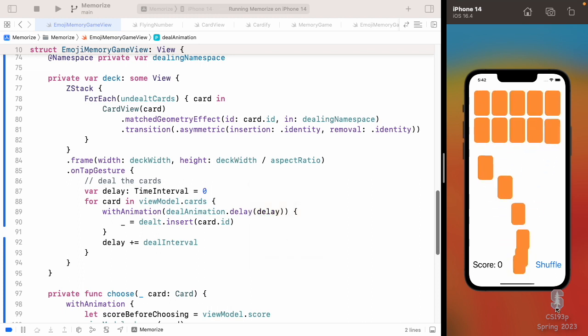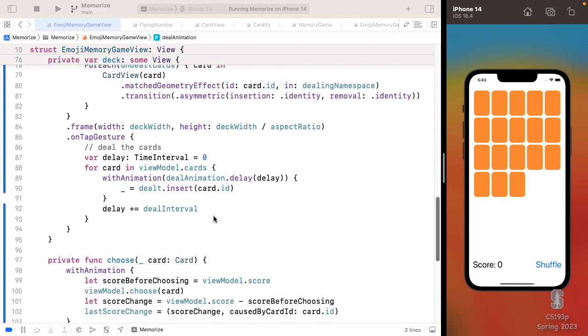That's pretty good. That's pretty good. I think it could go even faster, probably, you know, 0.5 seconds or whatever. So you can play with that. And maybe we want to play with the ease in, ease out. Like, probably for sure want ease in, but maybe we don't want the ease out. Or maybe we want the spring, right? We're throwing them out there, and when they land with just a little bit of dampening, they would land. Remember the interactive spring? Maybe that's what we want. So we would play with that and get it to be what we wanted.